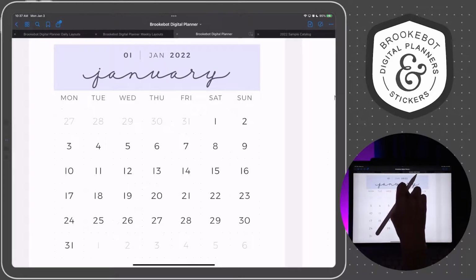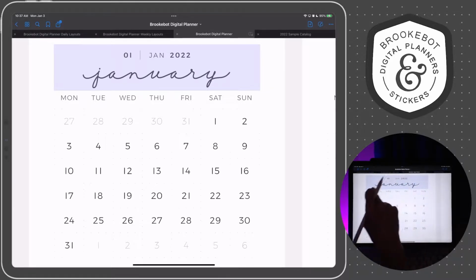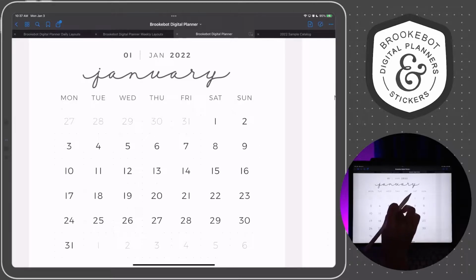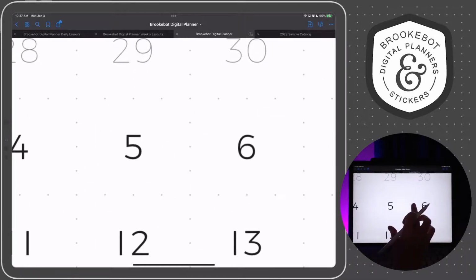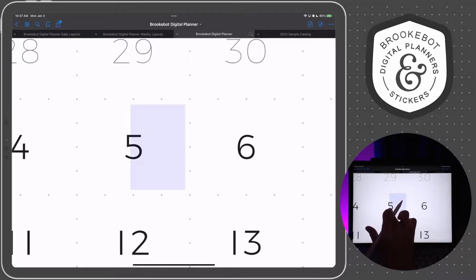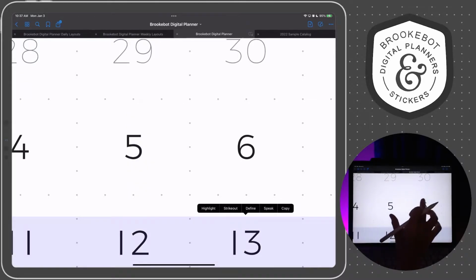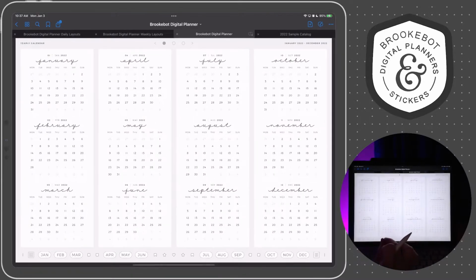If you click on this, it will take you to the monthly calendar for that particular month. And if you click on any of these dates, if you have the weekly calendar, then you click anywhere on the date and it'll take you to the weekly page. If you have a daily calendar, it'll take you to the daily page. But if you have a weekly plus daily, then each one of these links is split into left and right. So the left will take you to weekly and the right will take you to daily. And that works the same way for all the calendars on this page.